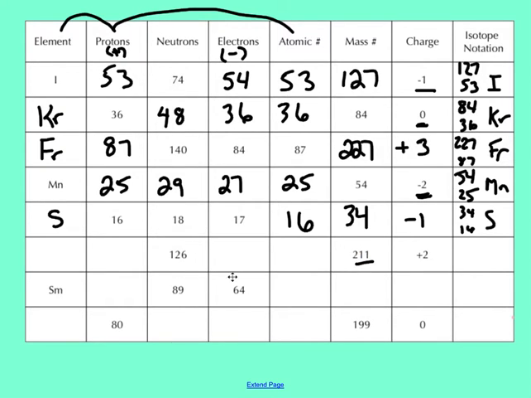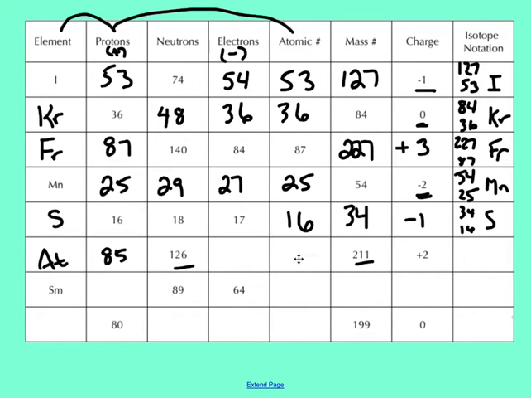I'm giving you the mass number, and I'm giving you the number of neutrons. So you've got to use that to find, say, the number of protons, or to find the atomic number. So you can take 211, which is your mass number, subtract off the number of neutrons, and that should give you the number of protons, which comes out to 85. So then I would look for an element that has an atomic number of 85, and you should find it over in the nonmetal section, so on the right-hand side of your periodic table. It should be At,